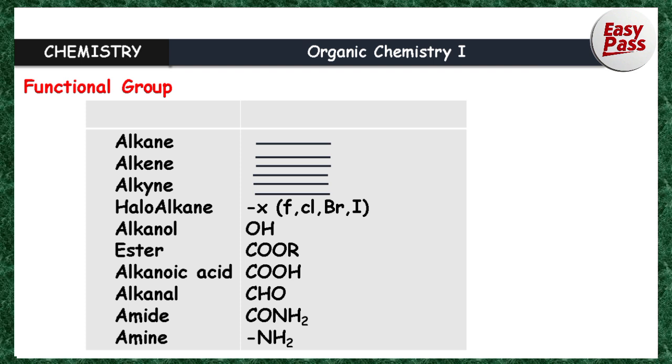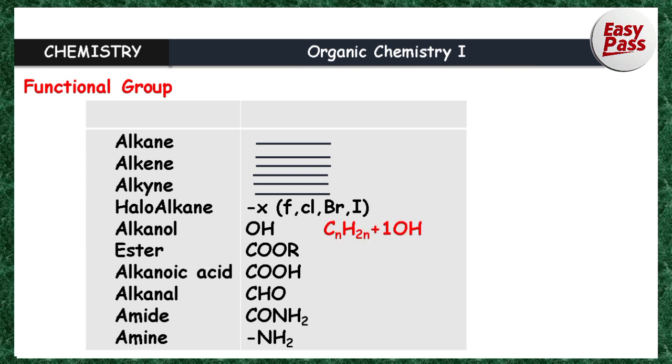So having known the functional group, it is the functional group that will make you able to name some compounds. Example, we have their own general formulas. Having known that of alkane, alkene and alkyne, the general formula of alkanol, we have the general formula of